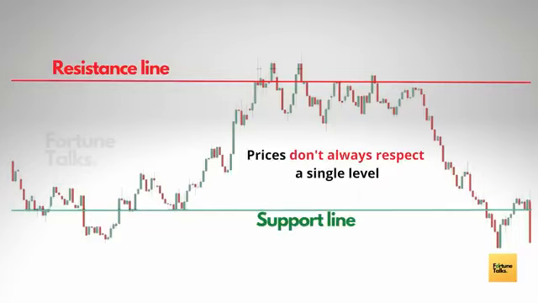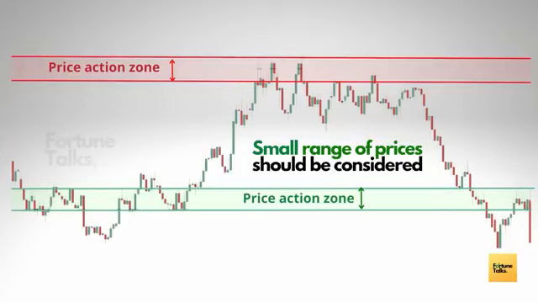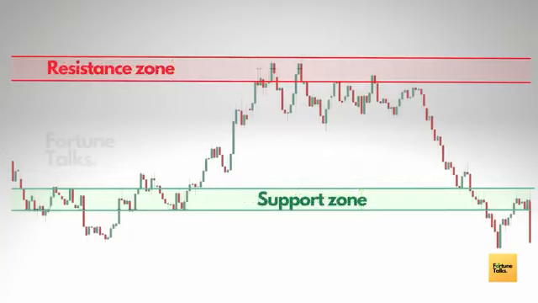So hence we have to give a room for error, which means that the price level should be depicted in a range and not just as a single price point, which simply means that rather than drawing a single line to plot the support resistance, we should represent it as a zone or an area where there is a price